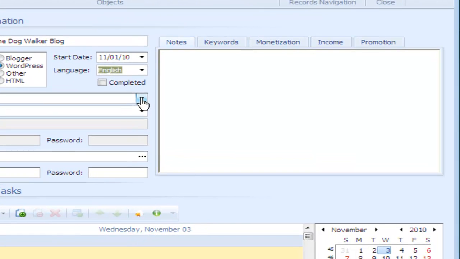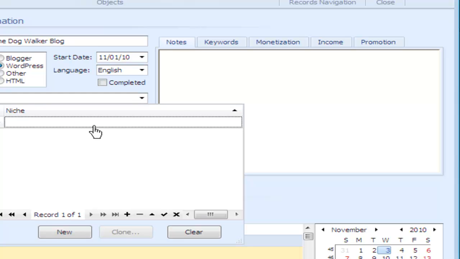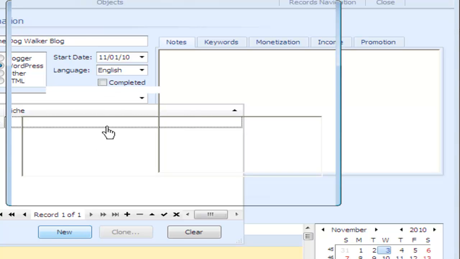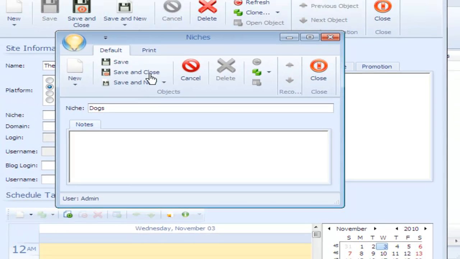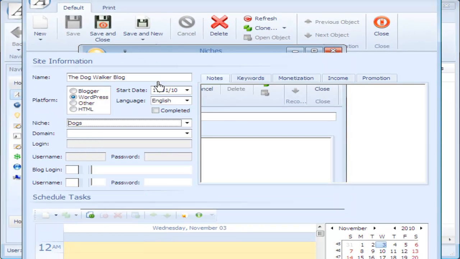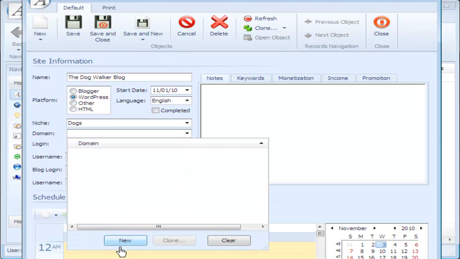Now we're going to click on the niche, and since there is no niche here yet, we're going to click on New, and we'll add a niche called Dogs. Save and close. And now dogs is our niche. For the domain, if we click down, we'll see that there are no domains in the system. So we'll click New,